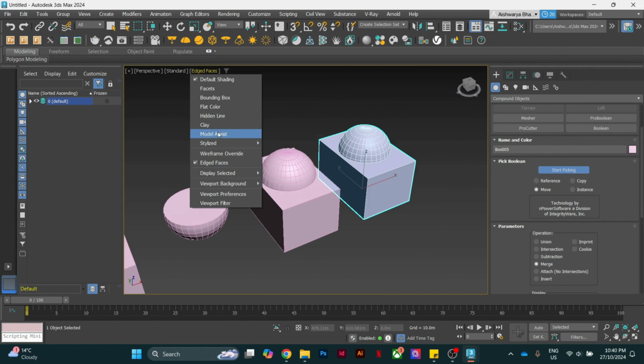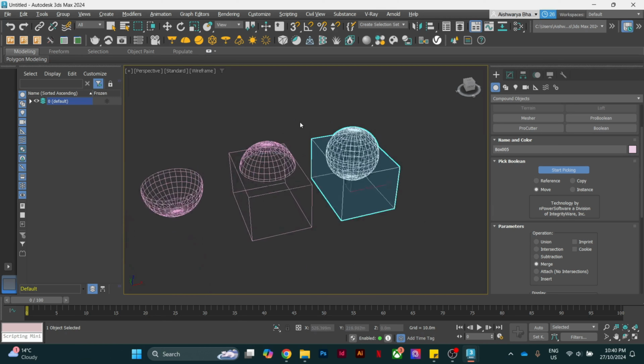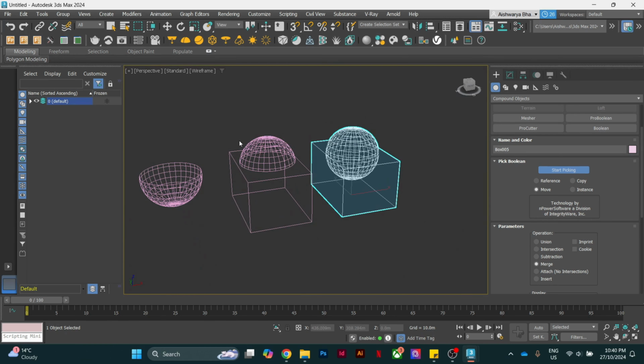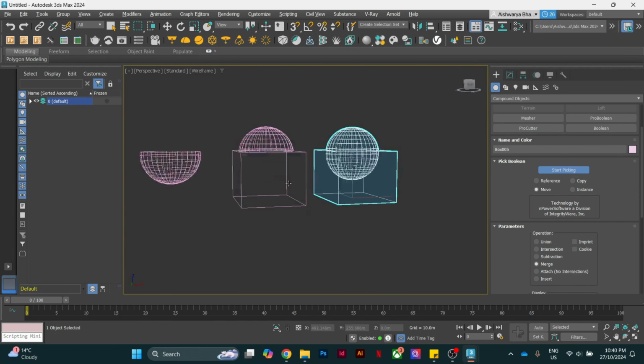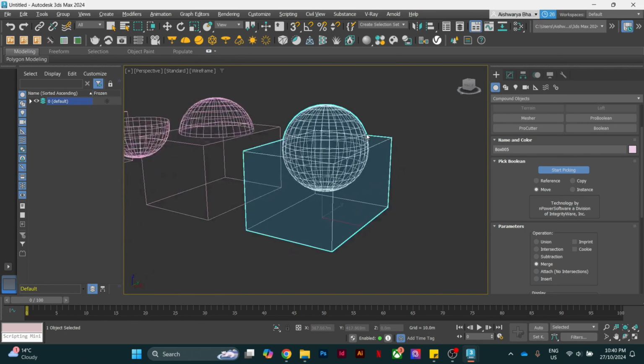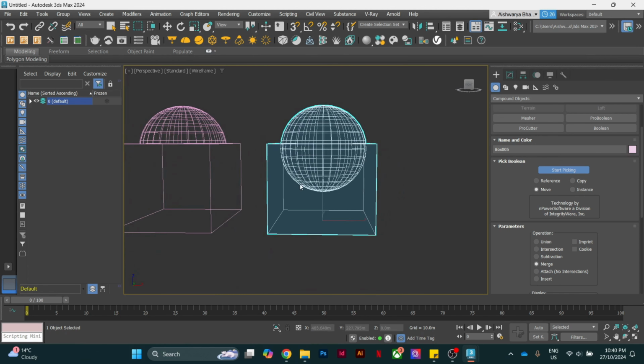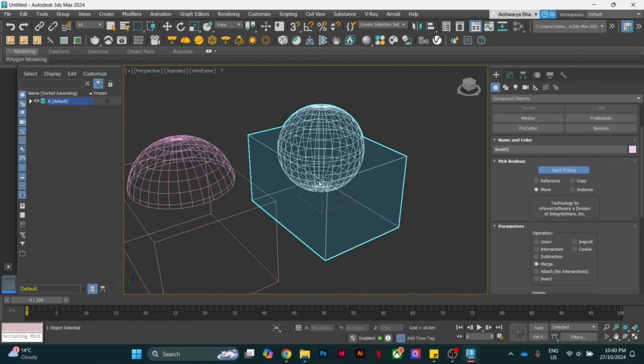Let's go into our wireframe mode. So as you can see, in union, which is on this hand side, it makes the box itself and the sphere itself into one object, minusing the intersection, whereas merge makes the box and the sphere as a whole into one object. So you've still got that mass inside the box. Let's go back into our shaded,